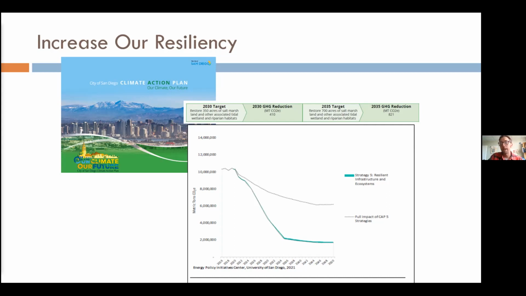We need some habitats, we need some spaces that will go negative and sequester those carbons, not just lower the amount that we're emitting, but also take some of those emissions away and lock them away. So this is what's exciting and significant about this habitat and these kinds of habitats in particular.